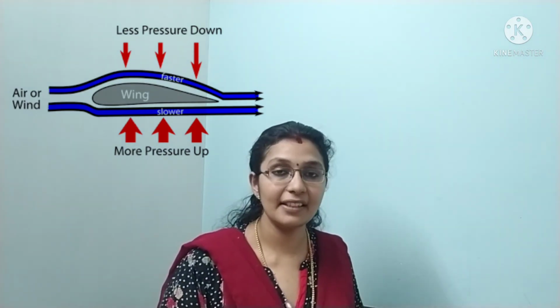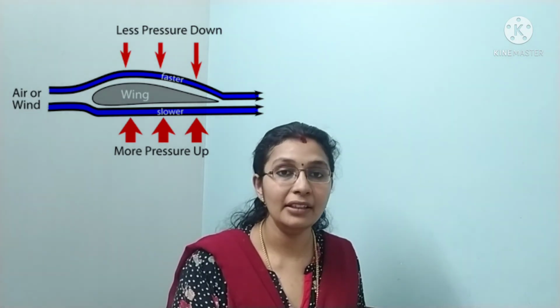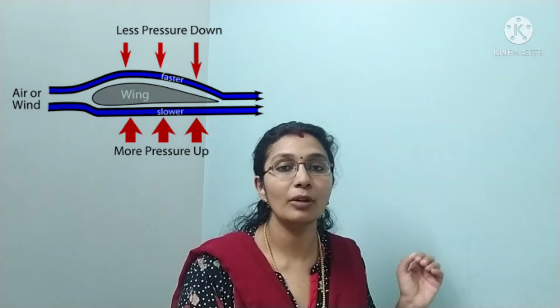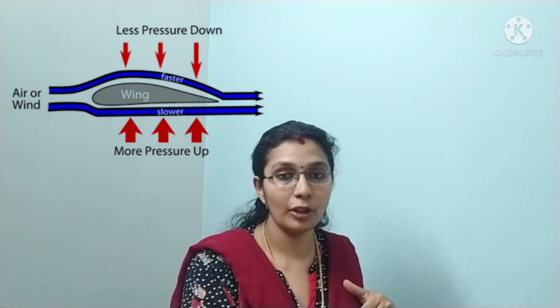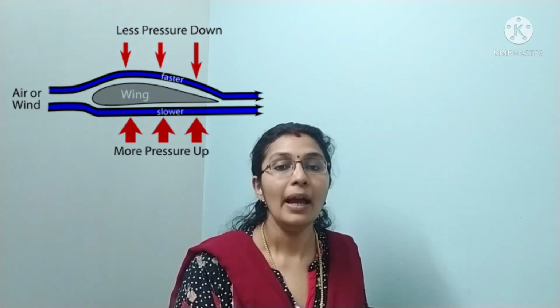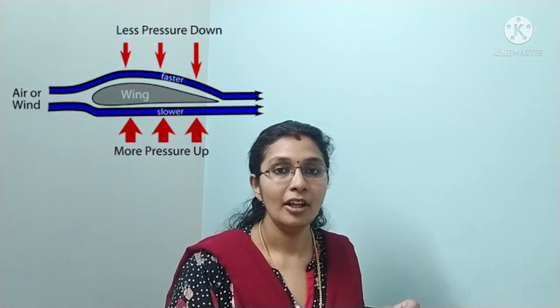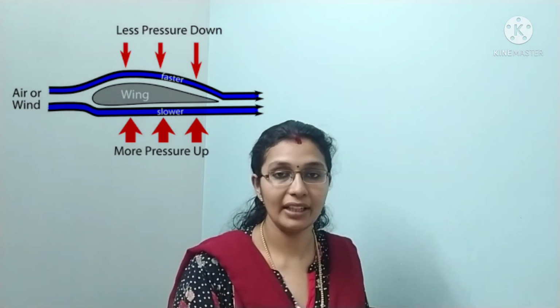Clear? Now we look at one more major example where Bernoulli's principle is used. It is nothing but an aircraft wing. It is designed in such a way that its bottom is flat whereas its top is curved. So the distance for the air to cover at the bottom is lesser when compared to the top. So it moves with constant velocity at the bottom and with high velocity at the top, because it will have to reach the other point at the same time, right?